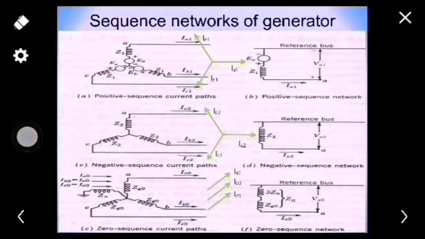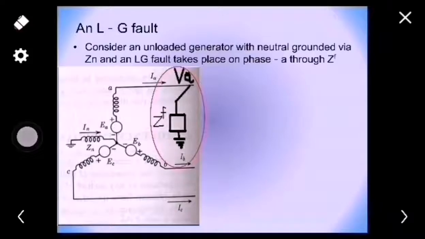So now let us take the first fault, and that is an LG fault, line to ground fault. When an LG fault occurs on a three-phase unloaded synchronous generator, we must first represent the terminal conditions. The terminal conditions are those conditions considered simultaneously at the same point of all the three phases. It means phase A, phase B and phase C. Fault is considered to be simulated only on phase A. Now what will be the conditions at phase B and C at that time when fault takes place at phase A? These are named as terminal conditions or boundary conditions.